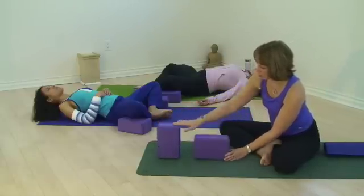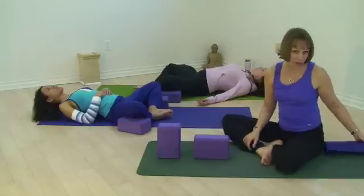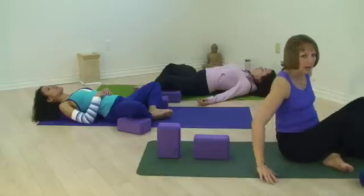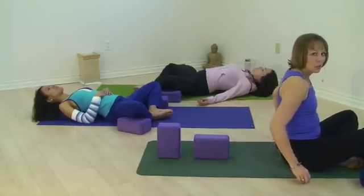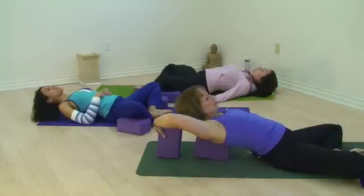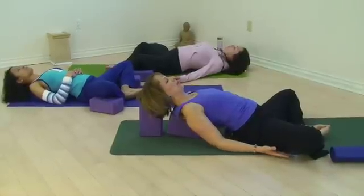One higher, one lower. This is nice if you've got the wider blocks. Those thin blocks tend to be a little unstable, so be careful if you've got the thin blocks. And then you can lie over the blocks. So you would put the low block, the bottom side of it, at the bra line, so you could rest over it like that and rest the head on the top block, and then you could just set yourself up with a couple of pillows for the